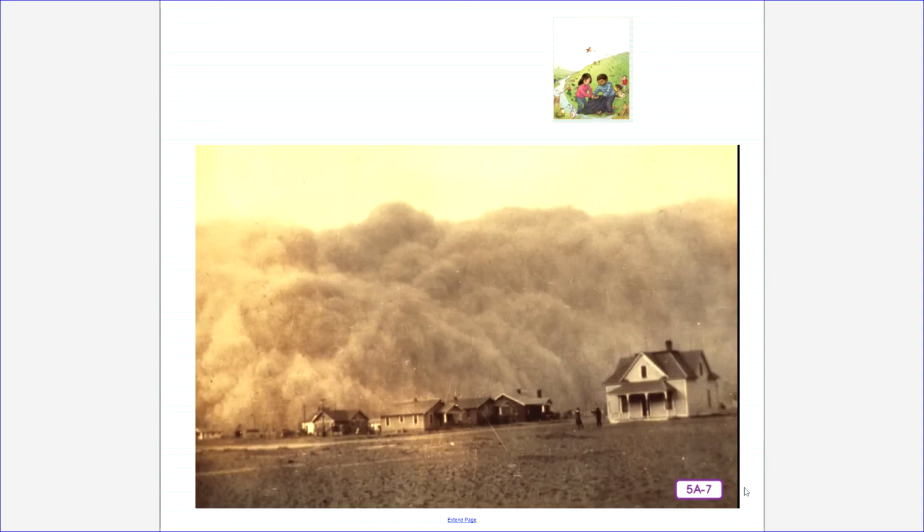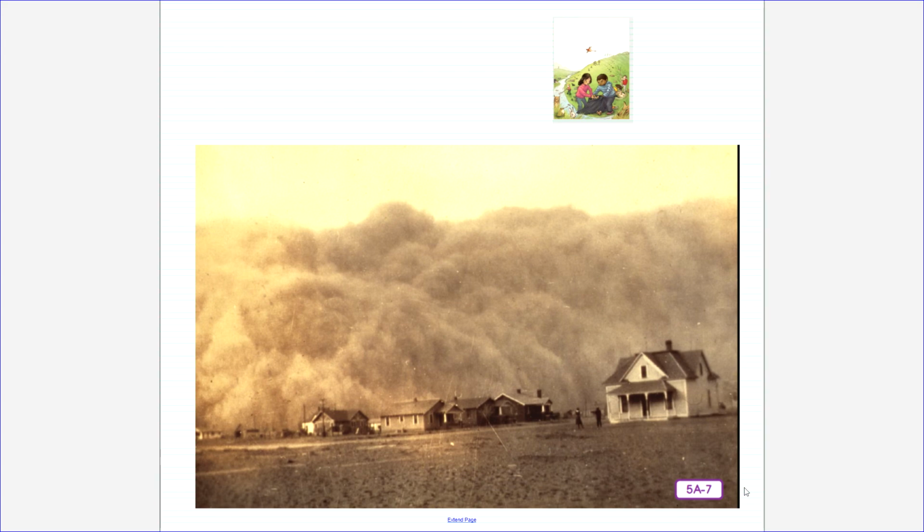The next natural disaster we're going to hear about is drought. Listen carefully to hear how drought can affect the environment. We're going to hear several ways drought can affect the environment or ecosystem. When a drought occurs, ponds, streams, and puddles dry up. The earth cracks open from lack of rain.